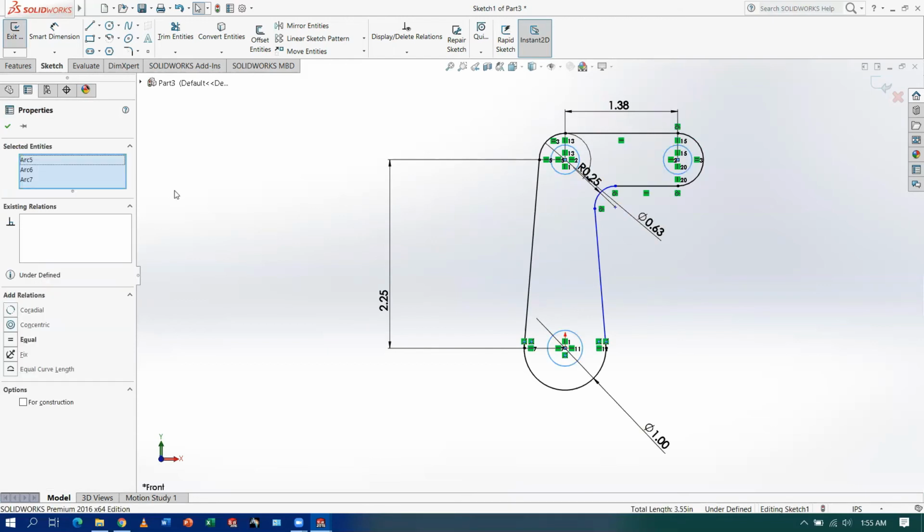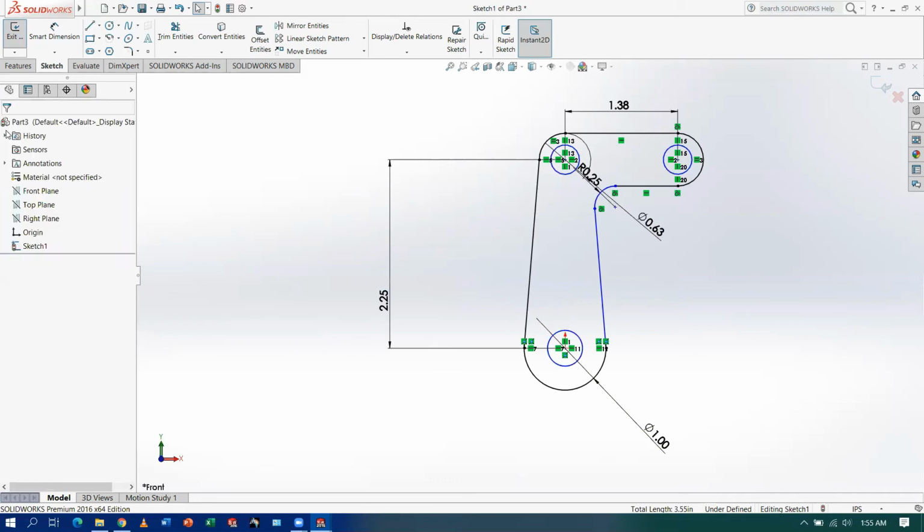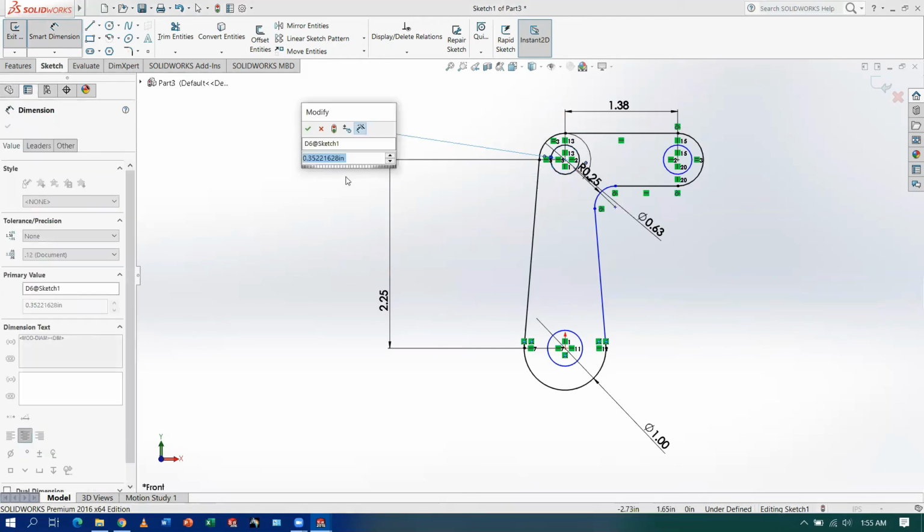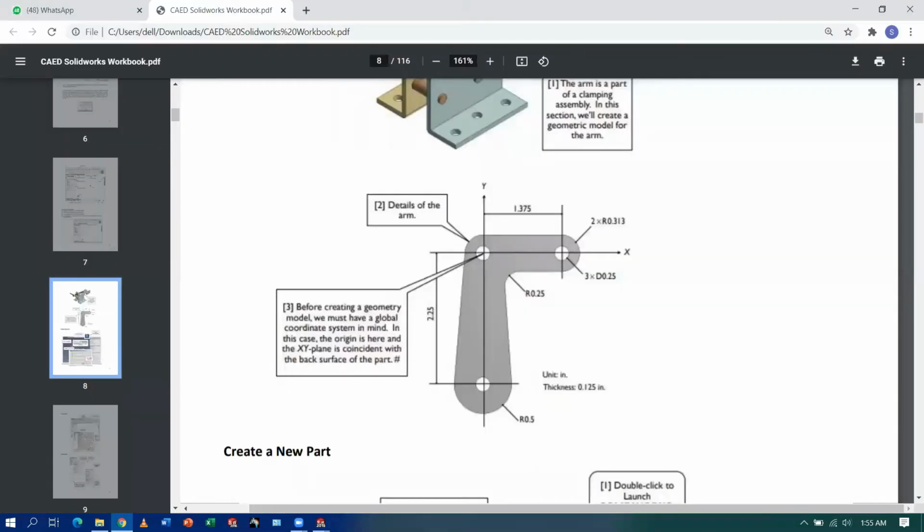Now first we need to set the radius of the first circle. Mark it as 0.25, not 0.25. Let's have a look at the figure. Yes, 0.25.